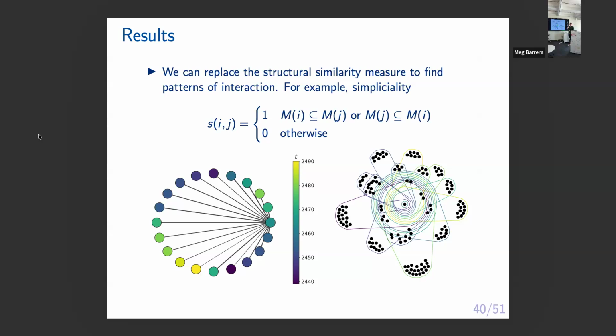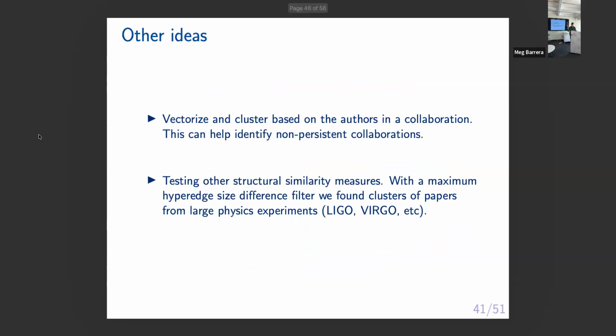You can run this, and you will get clusters. Basically, you have one edge of size 1, and all of the other papers that got published by that author nearby also get some similarity to that paper of size 1. But maybe there are reasons that you care about this in the more general case. You can drop the edges of size 1, size 2. It's going to help find what is the core of the group and how long they regularly contribute. Maybe that can help. But the point is that the structural similarity measure is flexible.